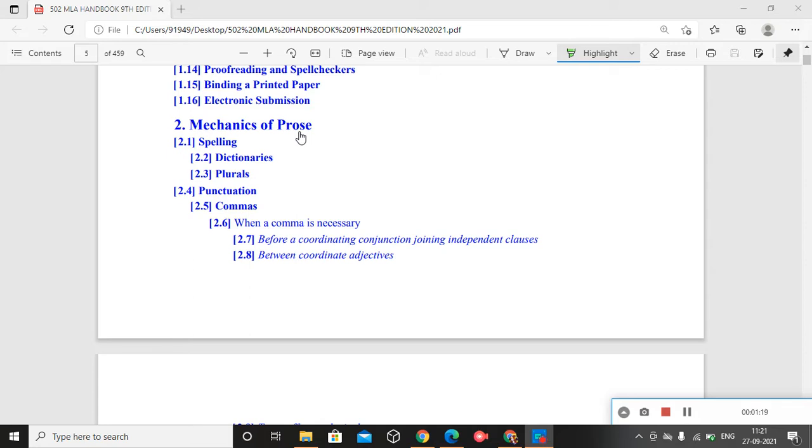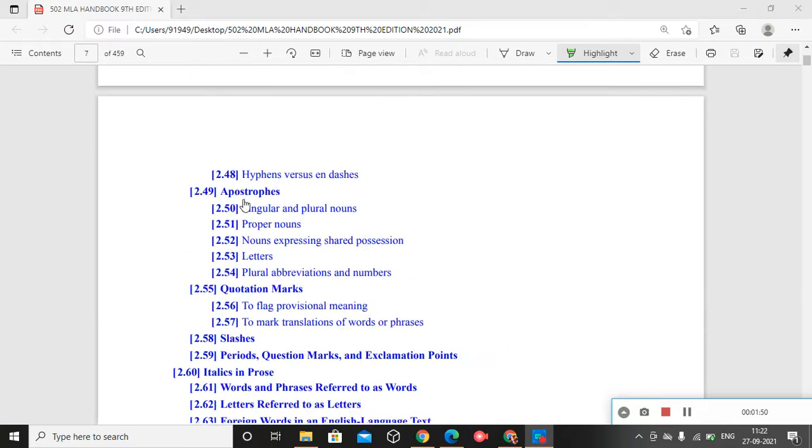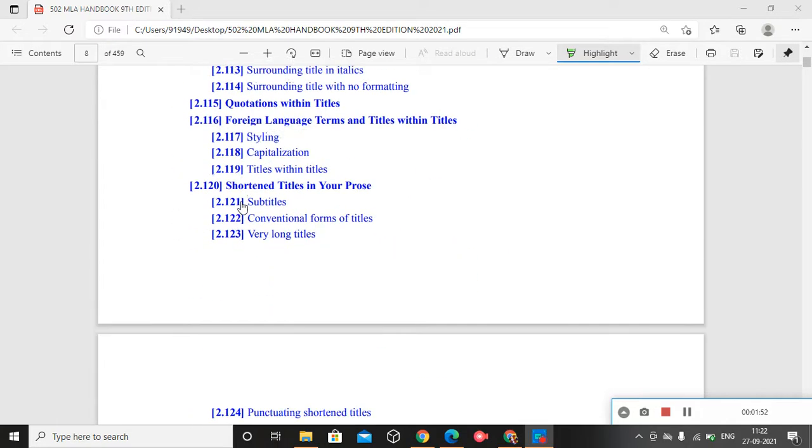So every time you get some examples in this new MLA handbook, the text is comparatively bulky when you compare it with the former editions, but at the same time it's beneficial as well. According to your requirement, you have to check it out. When you have some doubt regarding using commas, you have to go back. When you have doubt regarding plurals, you take this reference. Then the next part is about inclusive language.